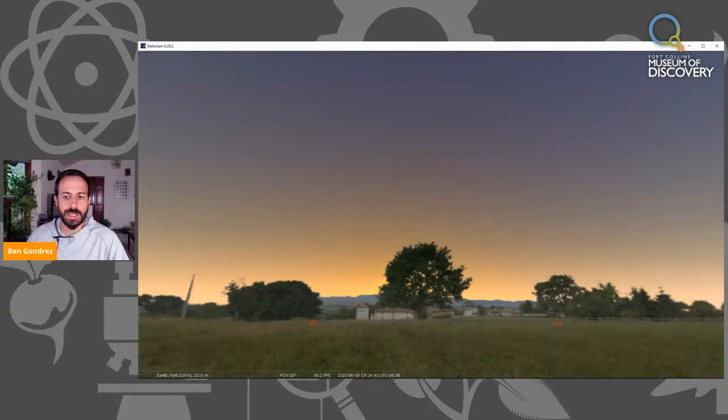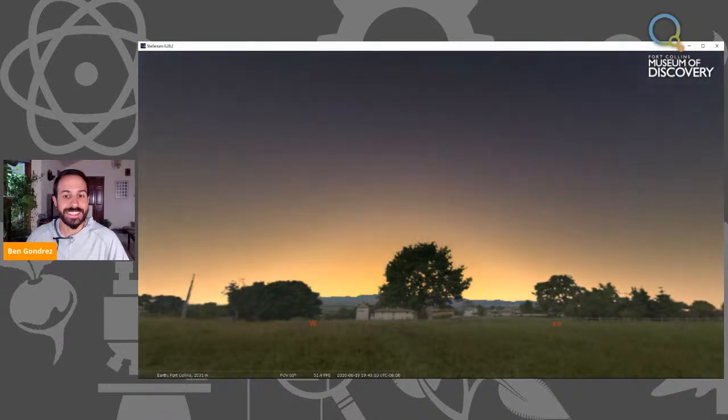Without the moon's light, it'd probably be a lot easier to see some of these dimmer objects, especially some of the objects that I'm going to tell you about in just a moment here. All right, so there goes the sun setting